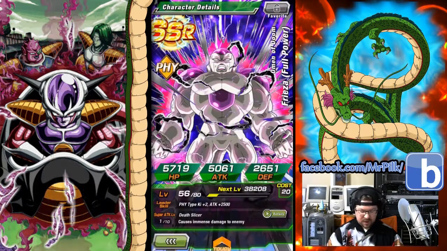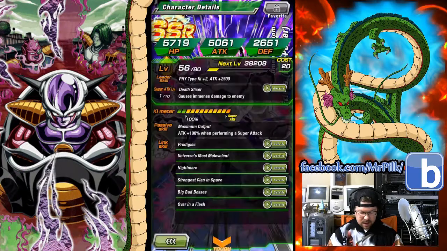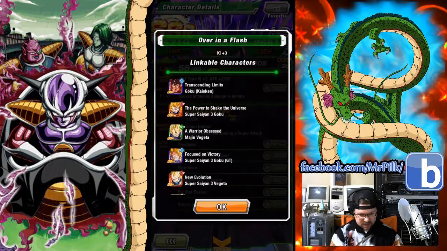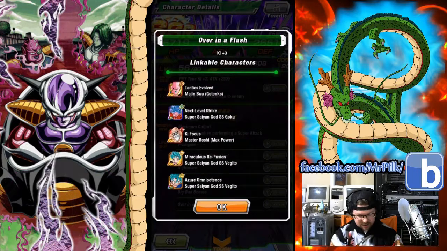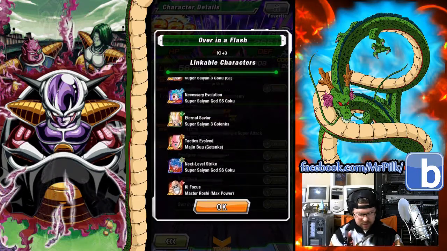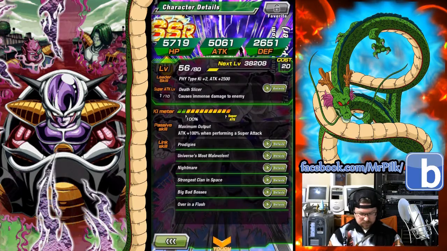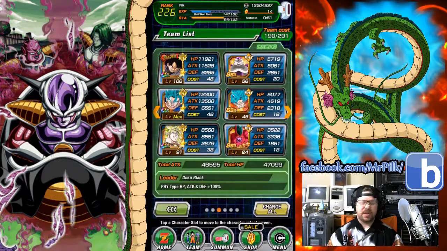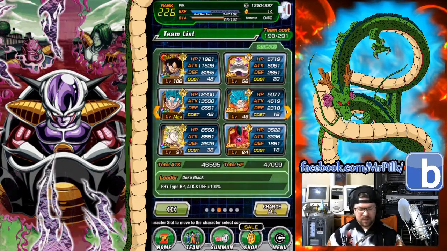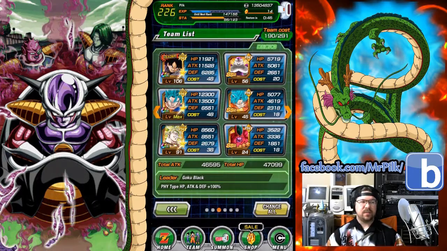Physical full form Frieza. He has Big Bad Bosses. I don't think he had Over in the Flash, did he? Did he? I don't remember whether Black did or not. Anyway, Vegito does. So, I think that's all. But he has a few links, and he's good. He buffs the crap out of this team when they're all together. The only thing I need to do is make sure I have someone with some ki